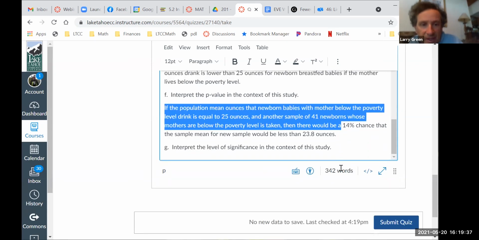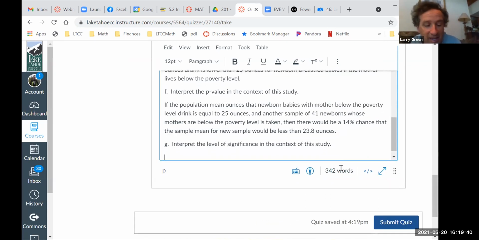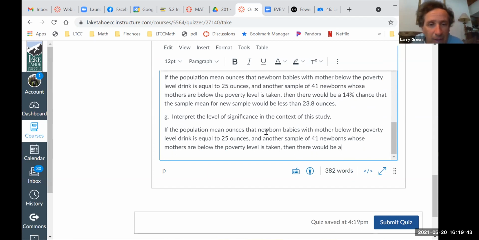Okay, for part G, interpret the level of significance. And if you remember, it starts exactly the same, so I copy and paste the first part. If the population mean ounces that newborn babies with mothers below the poverty level drink is equal to 25 ounces, and another sample of 41 newborns whose mothers are below the poverty level is taken, then there would be, and now it's a 10% chance, because that's what we're using for our level of significance, that the new study would lead us to falsely conclude